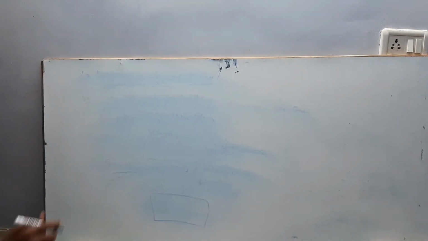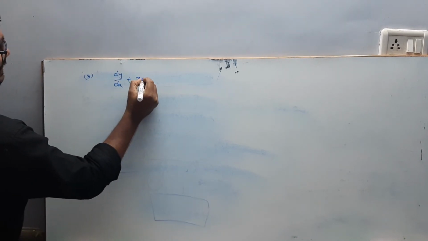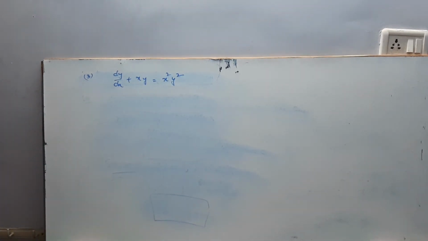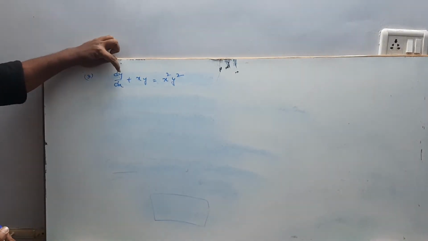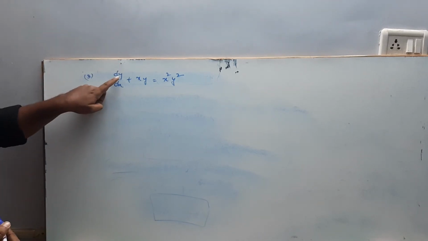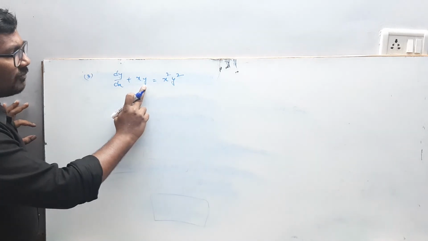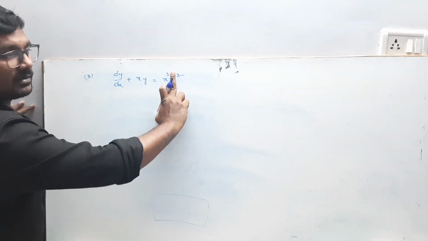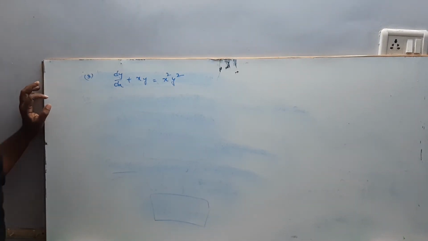The question I wrote, question number 3, is dy by dx plus xy is equal to x square y square. I gave this question to my students. Then one of the boys asked, "Master, we understood what linear is. You said if y is there in dy by dx, my eyes look for how many times y appears. If y appears one time, then I can clearly say it's linear. But fortunately, there is another y in the form of y square."